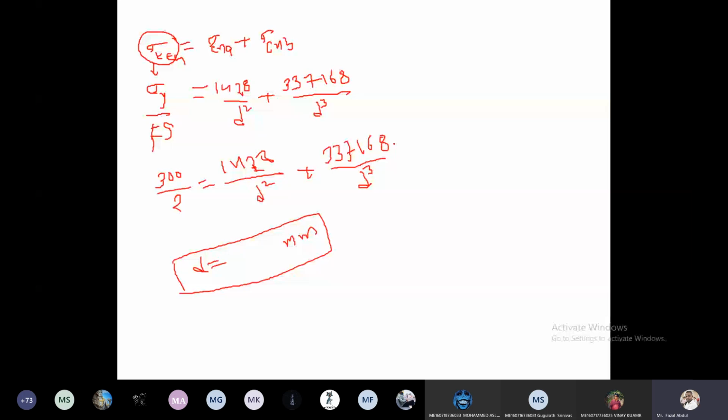First I calculated the equivalent normal stress due to axial loading by considering all the axial factors. Secondly, I calculated the equivalent normal stress due to bending by considering all the bending factors. After that, I add both, which is called the net equivalent stress. Net equivalent stress is also given by yield stress by factor of safety, and equating these two we will get the D value. So this is the procedure when combined loads are given.